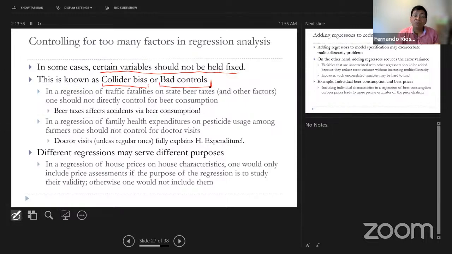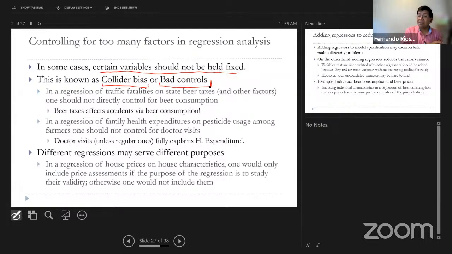And I'm asking you to figure out what's going to be that impact, to tell them if it would be a good idea, bad idea, etc. If that's the case, the question is, should you control, for example, as part of your control models, should you control for the consumption of beer? Normally, you would say, yes, let's just put everything and let's see if the taxes still has any impact on traffic fatalities. But what is the reason that we are thinking about the state beer tax to have an impact on